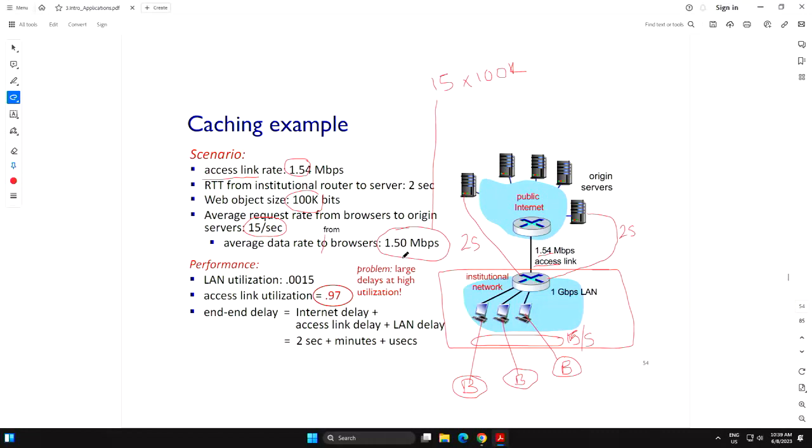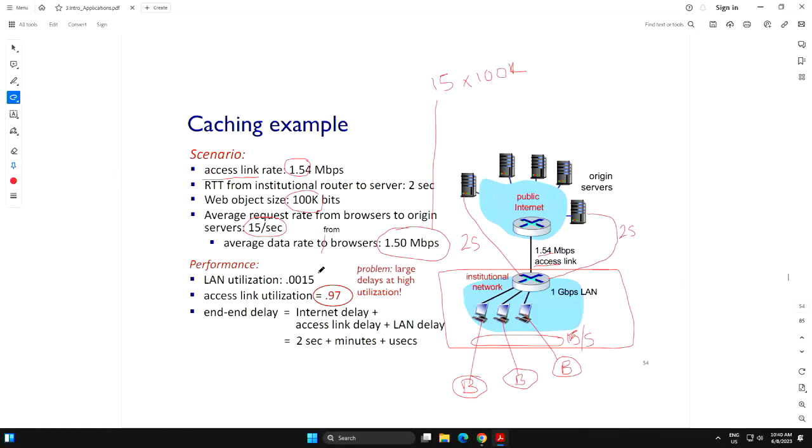So these browsers are creating, on average, it fluctuates, but on average, it's creating 1.5 megabit per second traffic load into this organization, right? Due to web. So this is the web traffic analysis. You can collect these statistics. These days they are collected automatically. And whoever is designing and analyzing the network has this kind of statistics at their fingertips. It's not a problem, right? 1.5. Okay, we got another number. We have lots of numbers, so be patient.